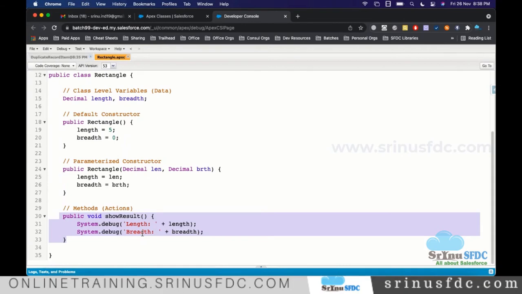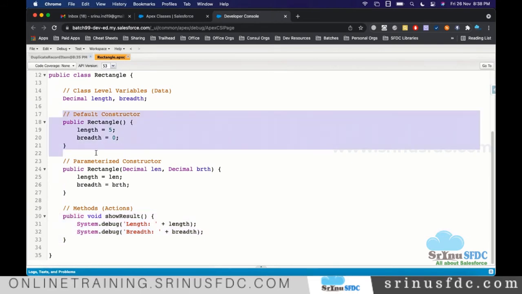A constructor is not like that. The constructor will be automatically executed based on the object. At the time of creating the object, we decide which constructor we want to execute. It executes those statements one time. That's it. Once the object is created, we cannot call it again and again, right?